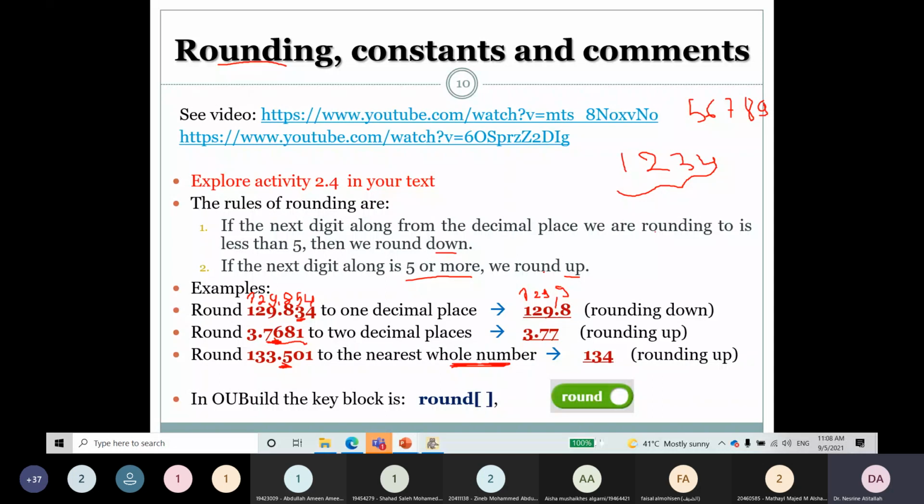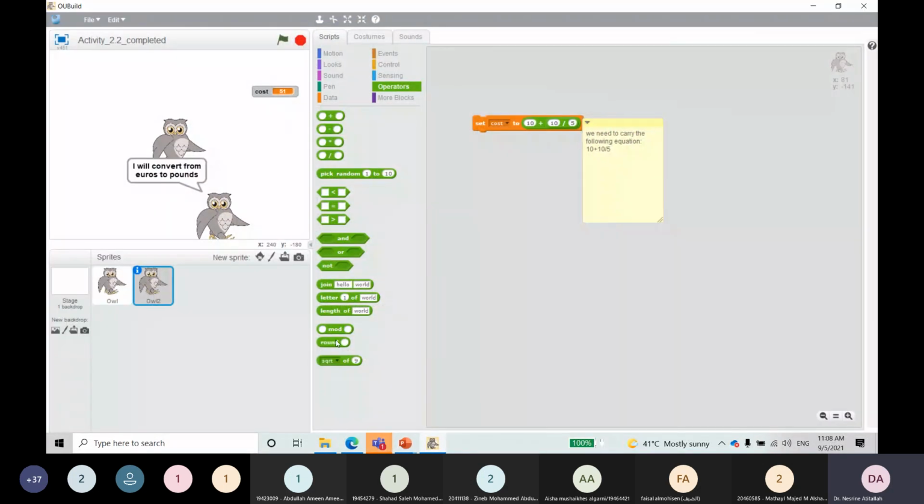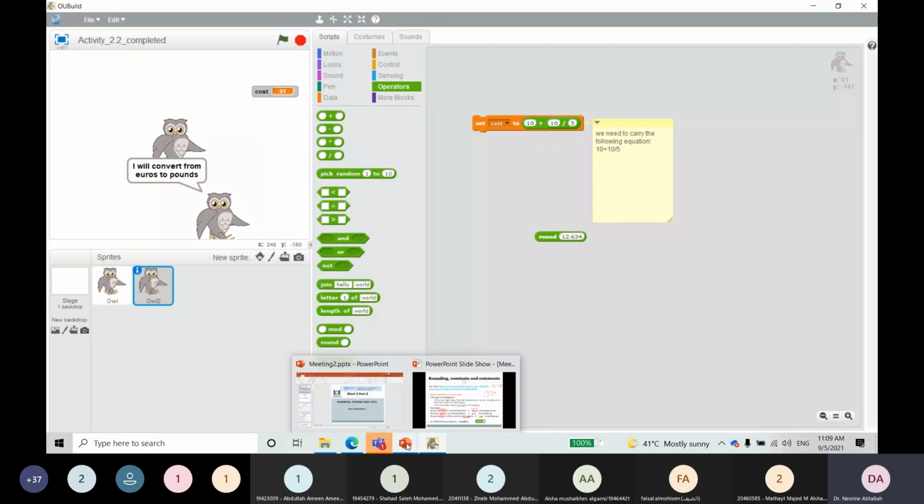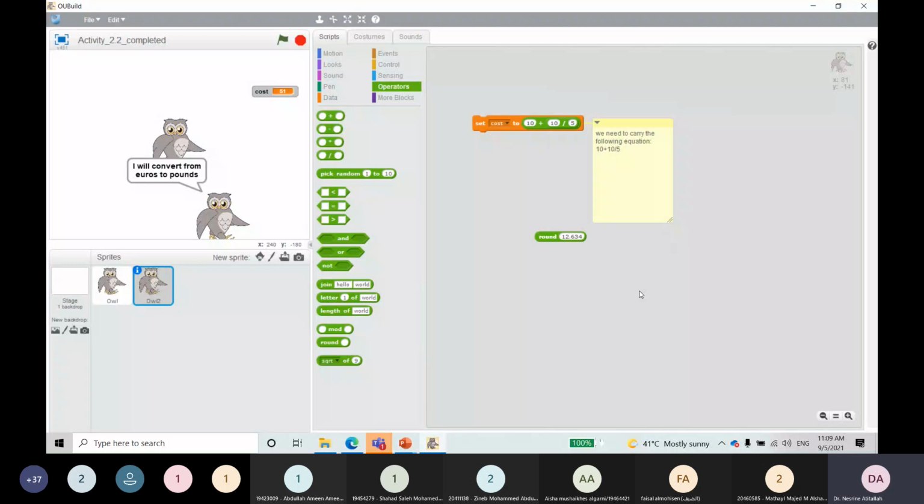So this is rounding. Look here, round 13.4975 to the nearest whole number. It will be 13. Why 13? Because 4 is